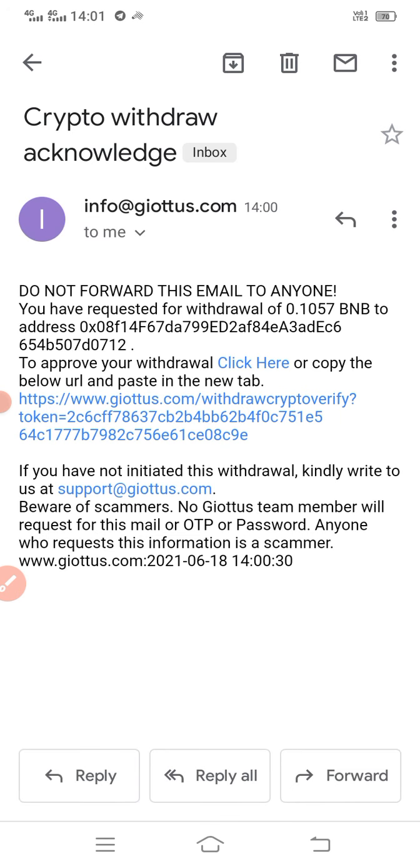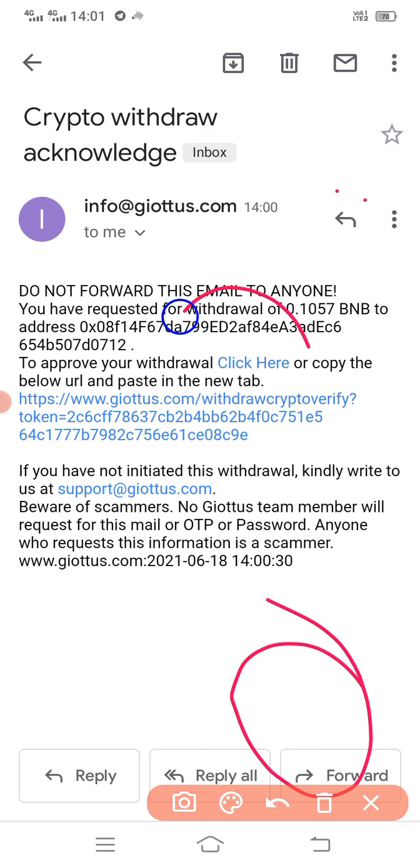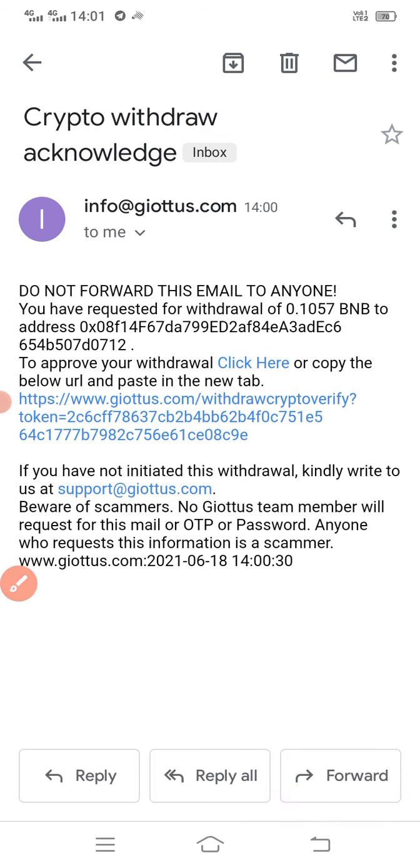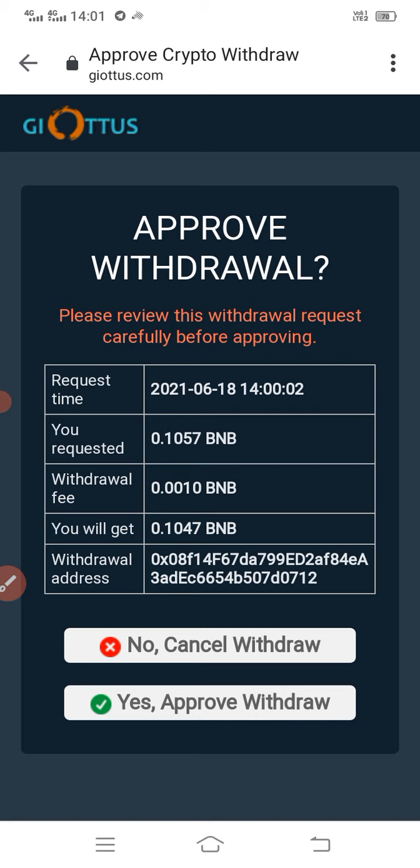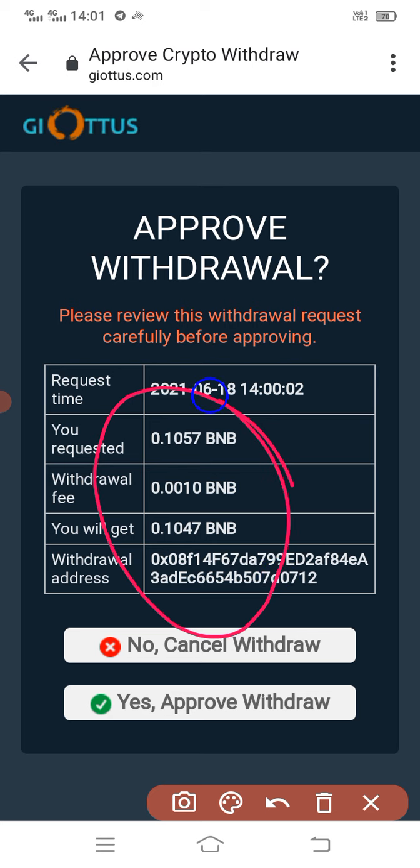No need to click here. You see this option, you have to go here. Click on it. Initially it will be a very lengthy process, but see here, it will show you the withdrawal fee is 0.0010.